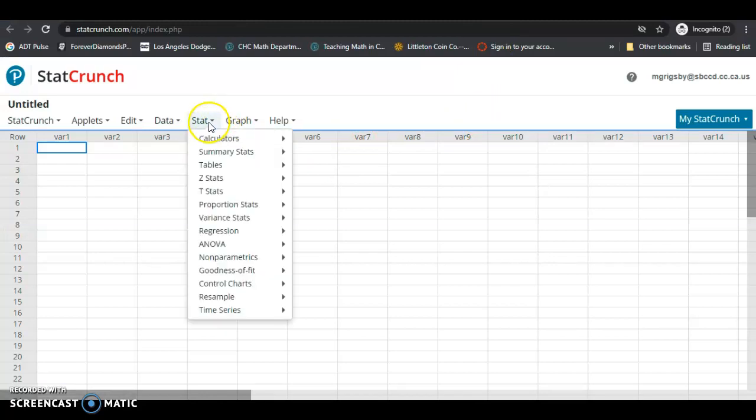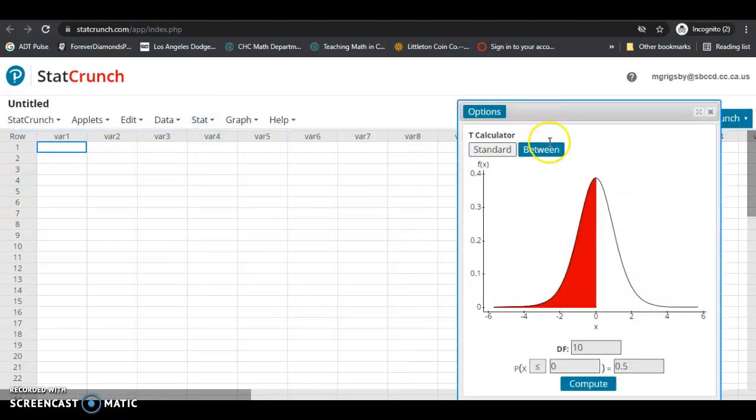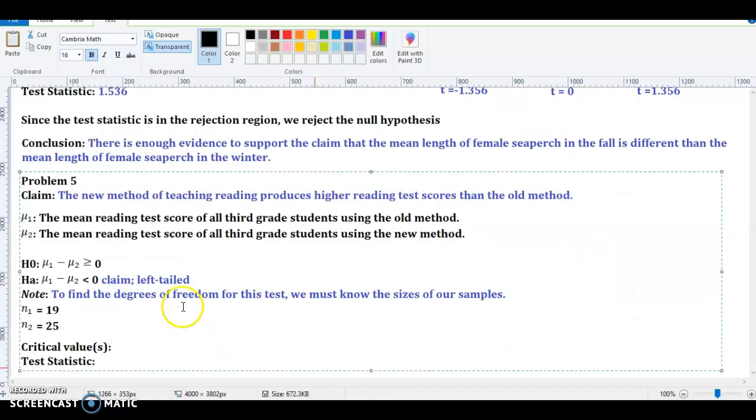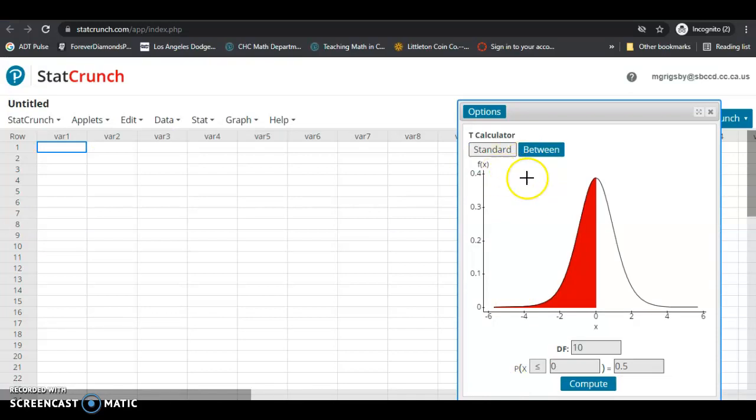Go to the Stat menu, select Calculators, and then select the T distribution calculator. Remember that this particular hypothesis test is a left-tailed test, so the rejection region of this test will be in the left tail of the T probability distribution. When we use the T distribution calculator to find that critical value in this case for the